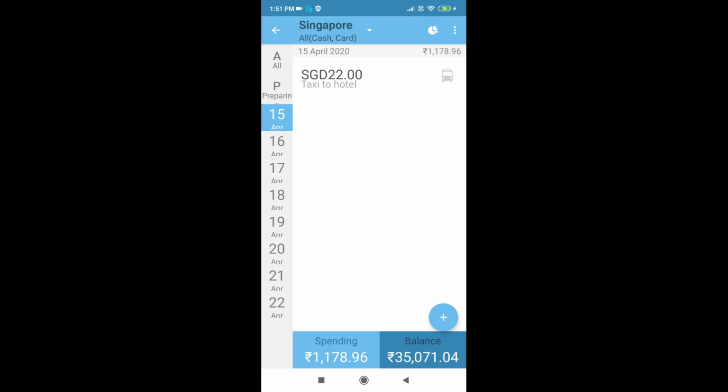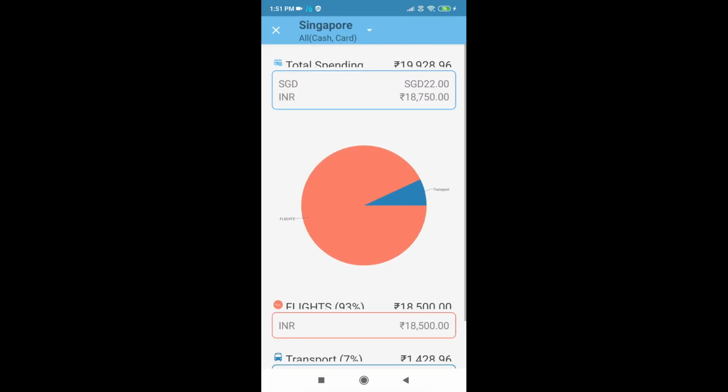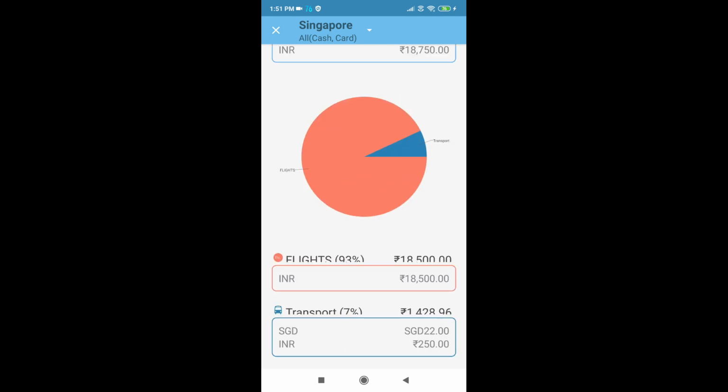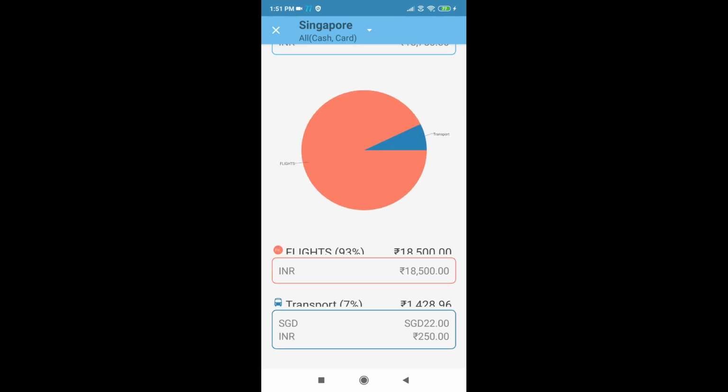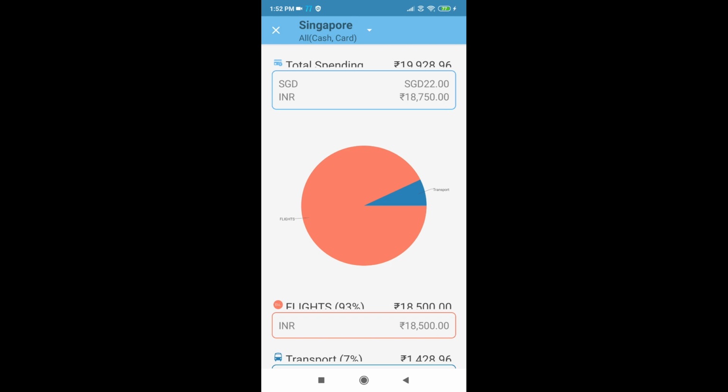And then on the top right, you will see a pie chart. Okay, you click on it, it gives you a very nice diagram telling you where you're spending most of your money. So right now we have only spent in two categories, flights and taxis. It is showing only those because most of the amount you spend is on the flight, and then taxi you spent a little bit. So as you keep on adding expenses, the colors keep changing and the categories keep showing. So at all times you're aware of all your expenses on your food, your partying, your taxi, your shopping,